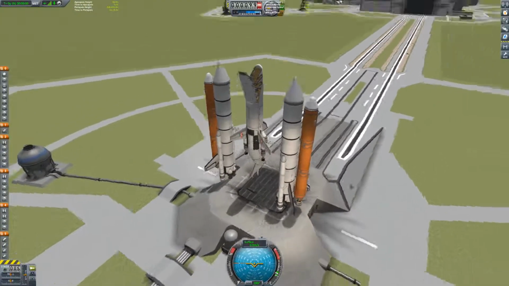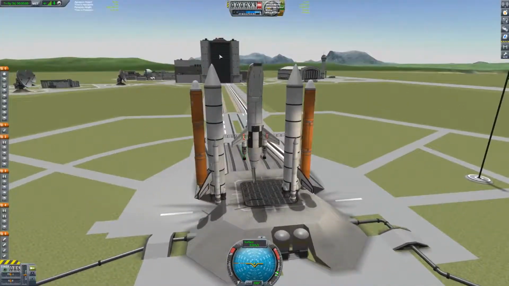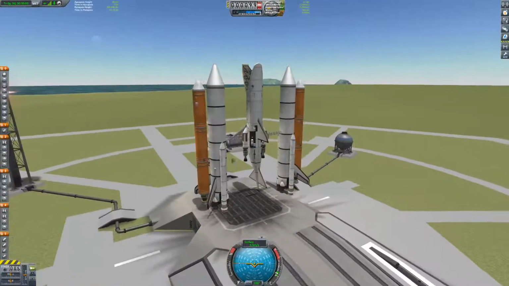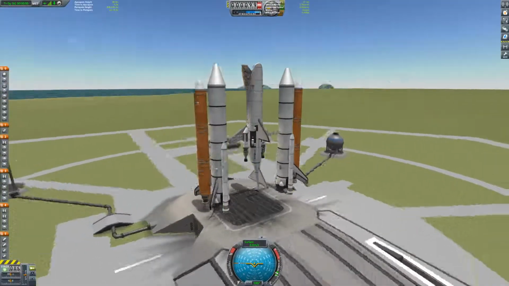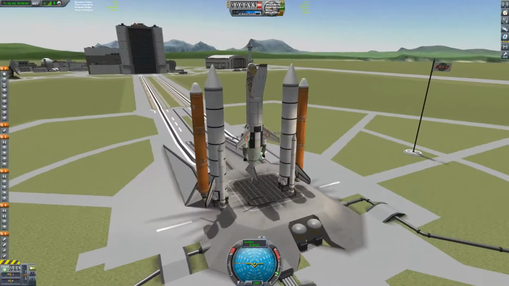We do need to actually take him back into the assembly building, tweak him a bit, and get him built up. Right, because here's what we're going to have to do. We have to land him on Laythe. So, we have to think about...